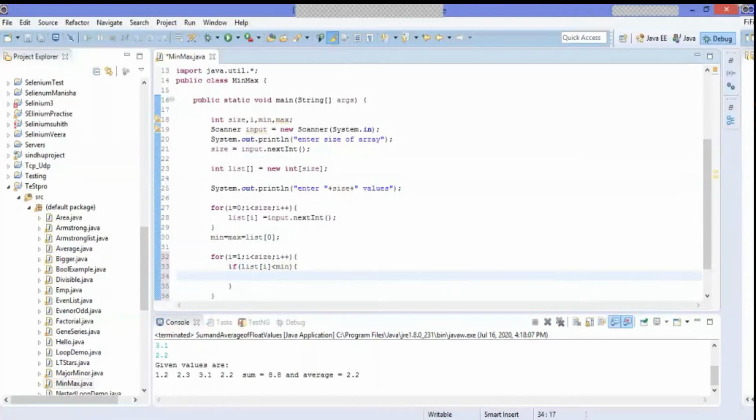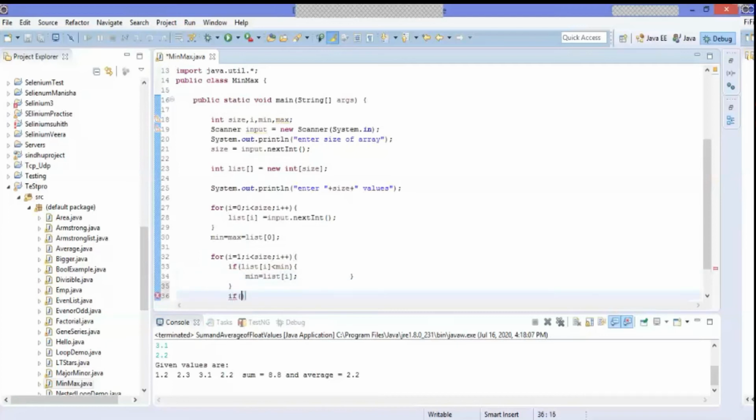So if list of i is less than min, our assumed value is wrong. That means we have to replace it: min is equal to list of i. Like that you continue until you reach the last value. So it keeps replacing the minimum value whenever the condition is satisfied.